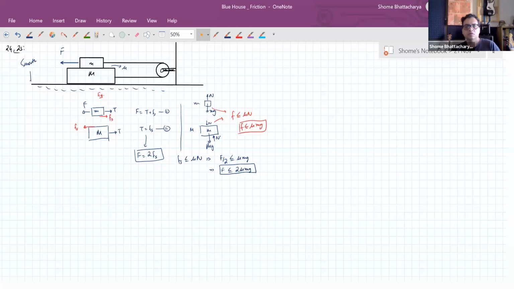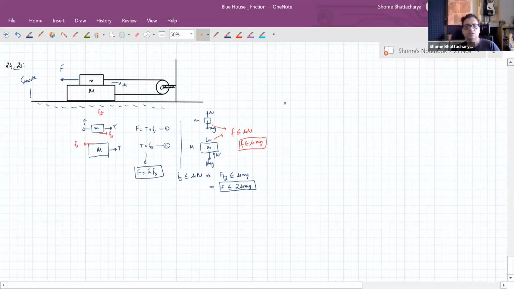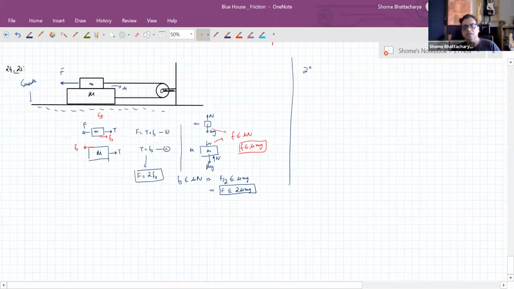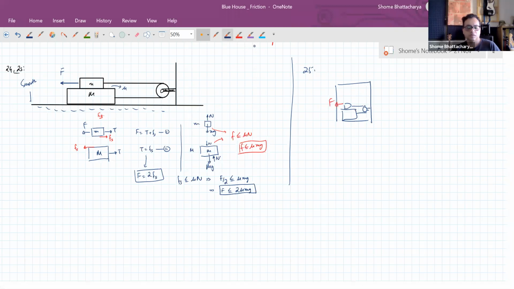24th question. And in the 25th, what is happening? This whole situation is inside an elevator. This whole system is inside the elevator, which is accelerated, in which direction? Upwards, which is coming down with an acceleration a less than g. So what that acceleration does is that,